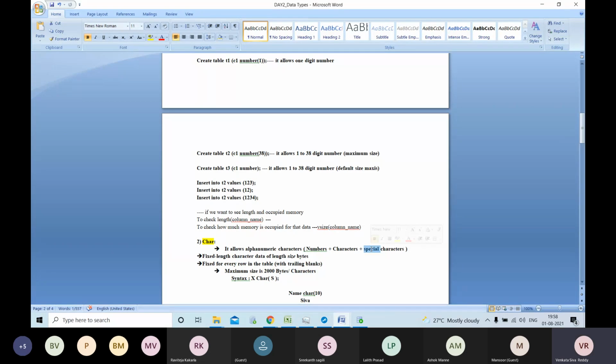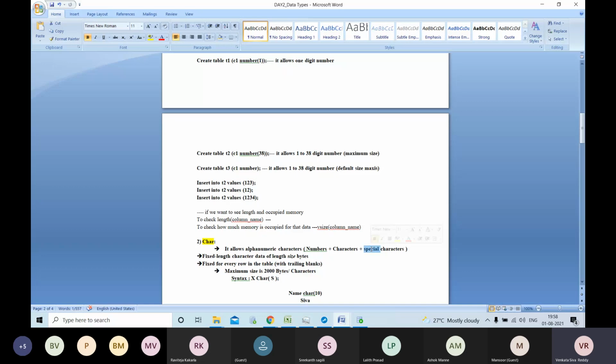Few people have big names and few have short names. If you treat all the people as similar, you are going to waste a lot of memory in the memory device, unnecessarily wasting the memory.